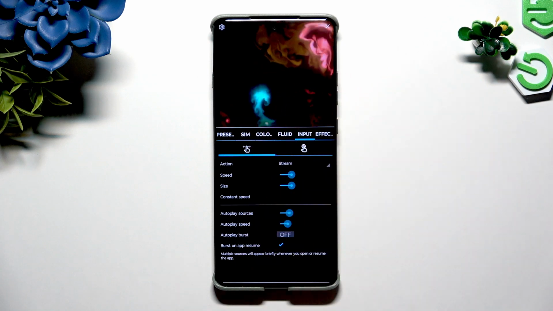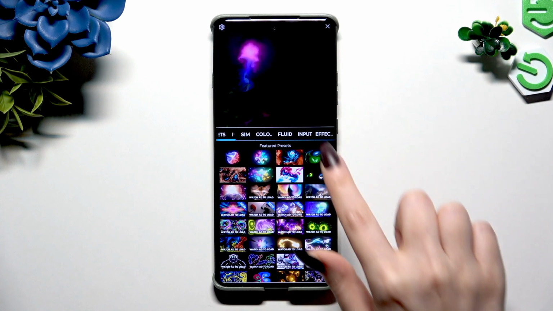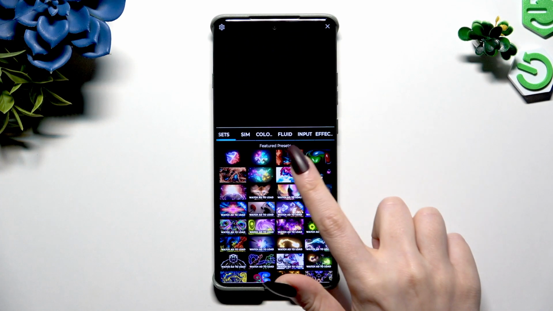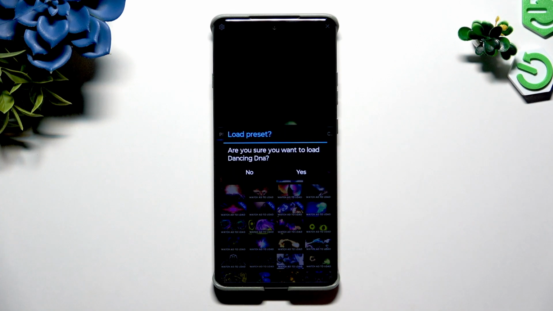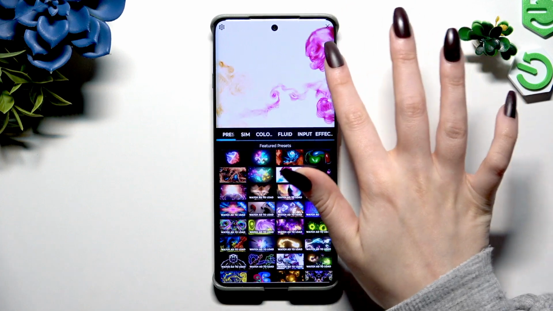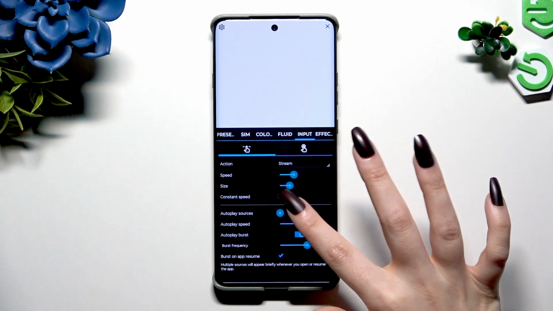Or if you wish to try something else, hit Presets over here and select one of those wallpapers, like for example the reversed one. Select Yes, check it out, adjust its settings,